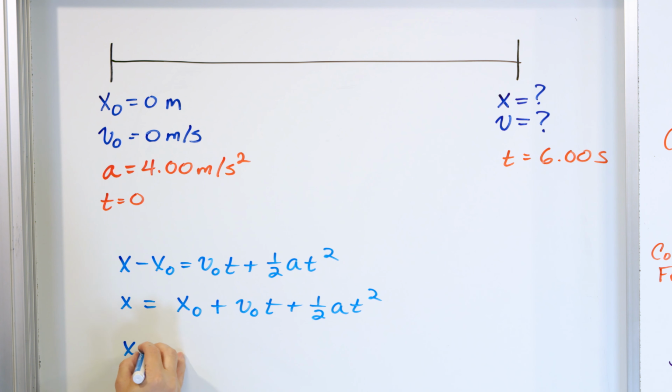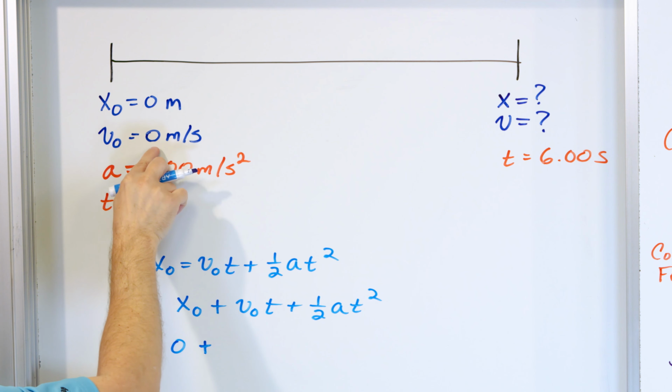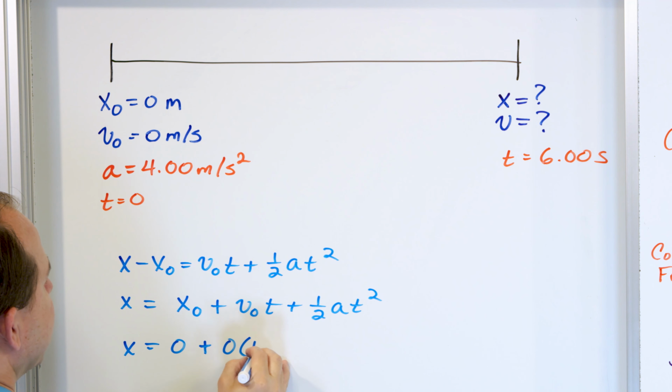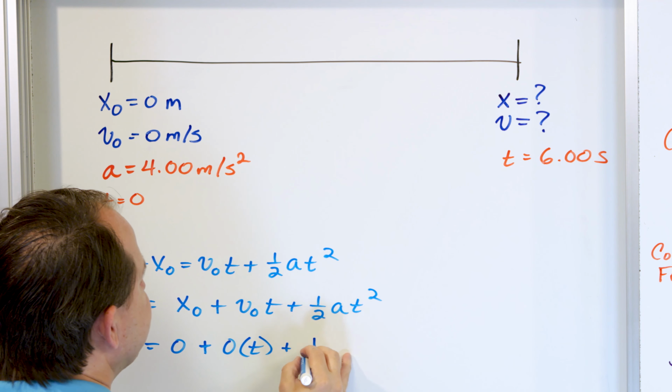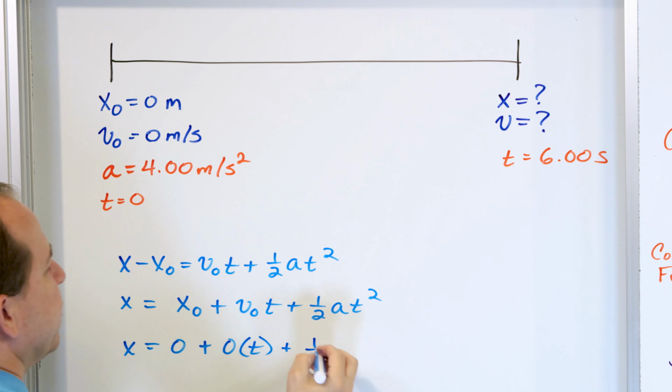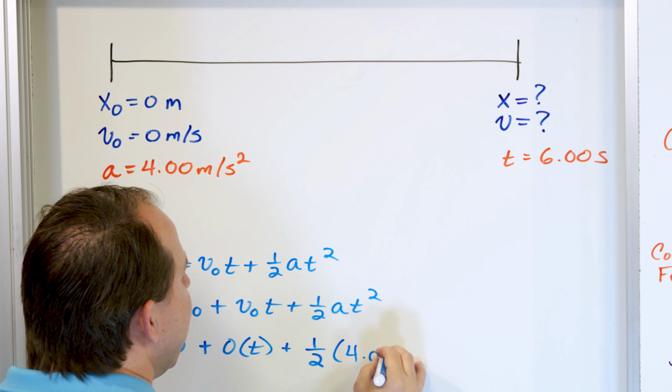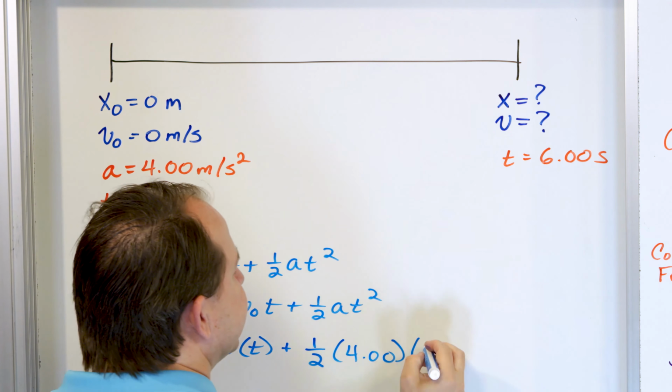So what we have is an initial position of 0, right? And the initial velocity is also 0. So we put a 0 in there times time, whatever it is. And then we have only the distance gained due to the accelerating part of the motion, 1/2 times the acceleration, which is 4. And we also know the time is 6. So I'll put 6